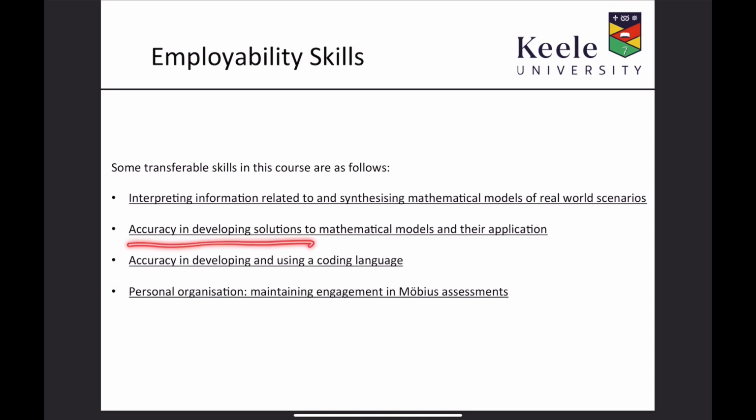There's also an accuracy aspect, because you have to develop an accurate model to determine what is, or accurately predict, behavior within that information or data you've been given. And there is an accuracy aspect in creating the solution and applying this in a predictive sense. And that's what we'll look at also in the course. There's also an accuracy element concerning